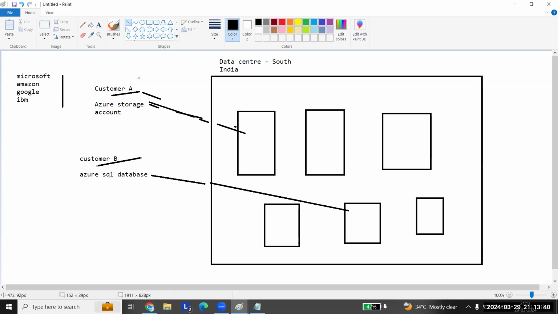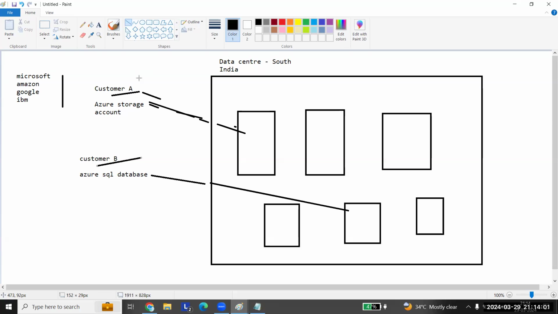Okay, this is one. So the cloud is not in the sky, the cloud is on the ground only, but they will have some dedicated location. Just as you have your office, in a single campus you will have multiple ODCs, multiple towers. Similarly, here also they have their own campus, named the data center.